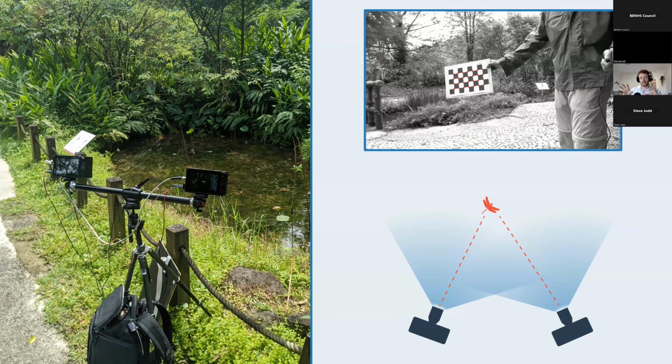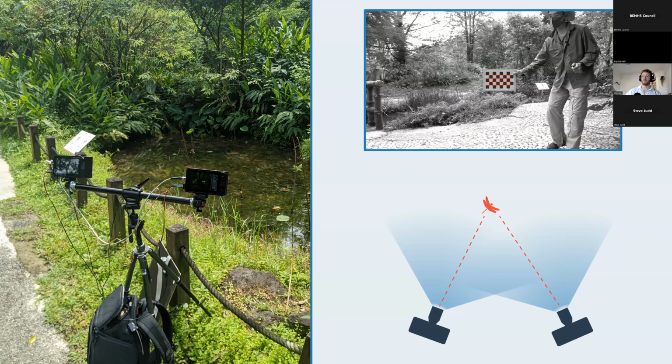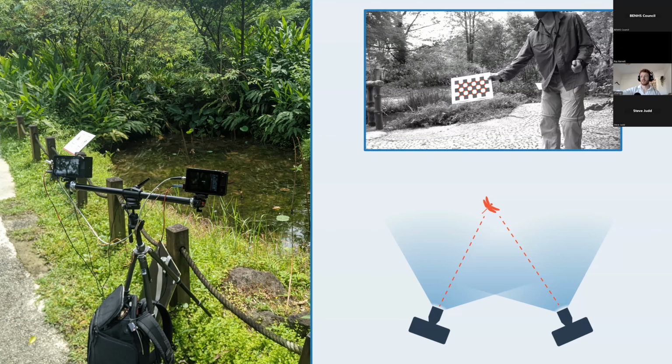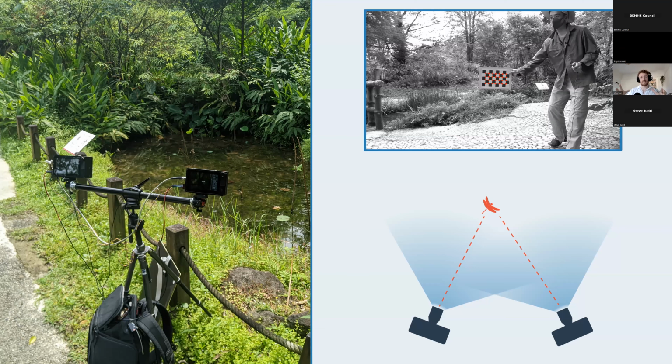And then we're able to use these two cameras taking photos at the same time at that really high rate to get a 3D perspective on any behavior that we see. So this is my colleague, Dr. Lin, moving around a checkerboard, and that allows us to calibrate the space in front of the cameras. So now anything we see in both cameras, we can judge how close or far away it is. And that allows us full 3D reconstruction.